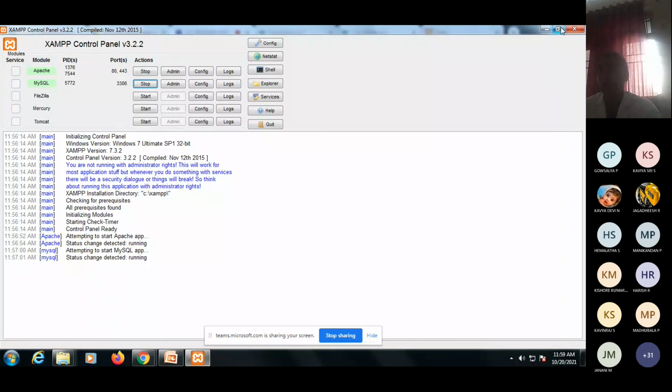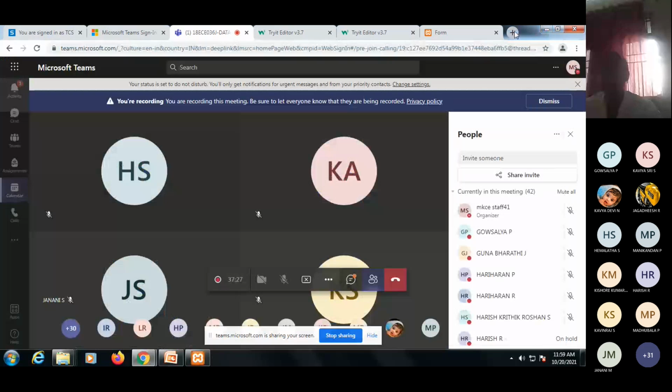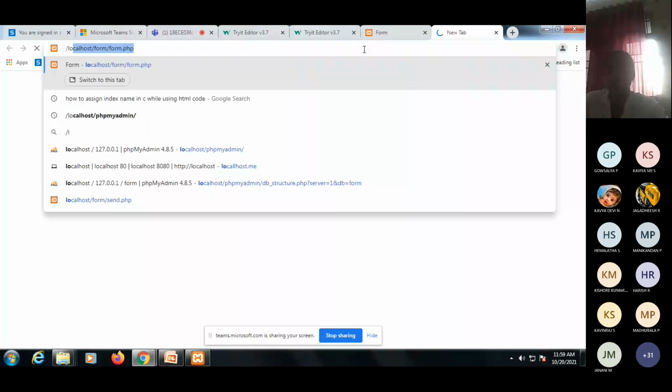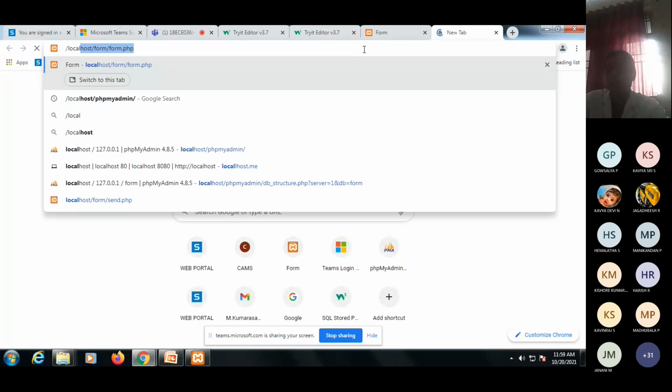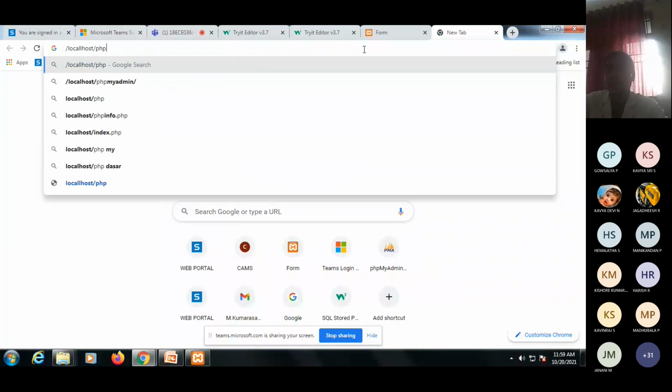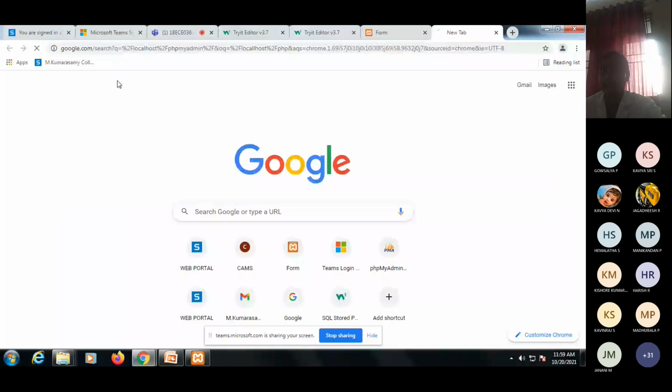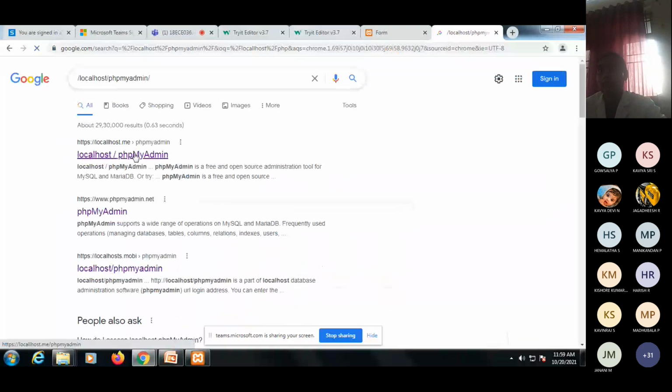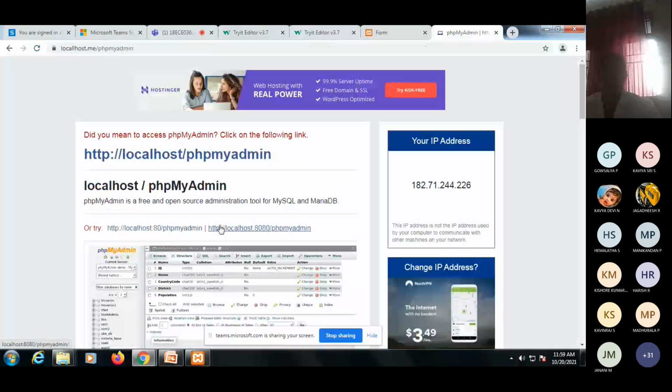Then open your localhost here. So open localhost/phpmyadmin. Just open your XAMPP server here. Localhost/phpmyadmin, and click here on this post. Then it will access your PHP server, XAMPP server. So in this we are going to create a